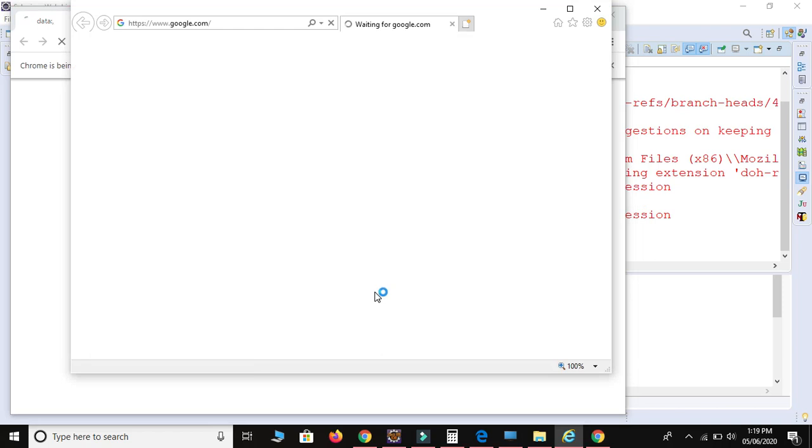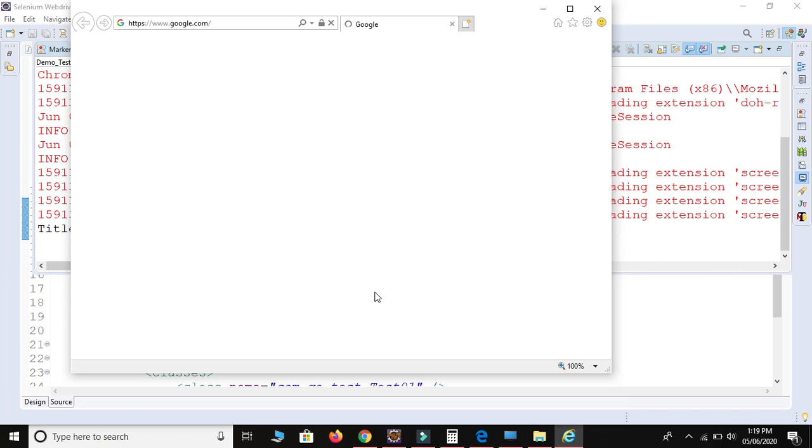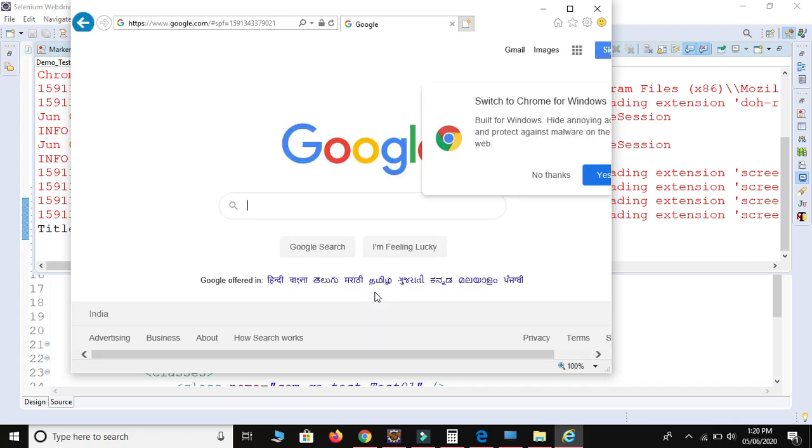It will execute Firefox also, but on my machine Firefox always takes a few seconds. Okay, IE is also started. Now see the background code, it means it will execute Firefox now. Let's wait for the execution.